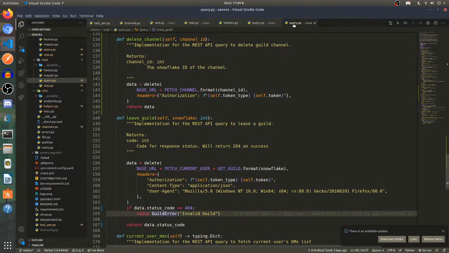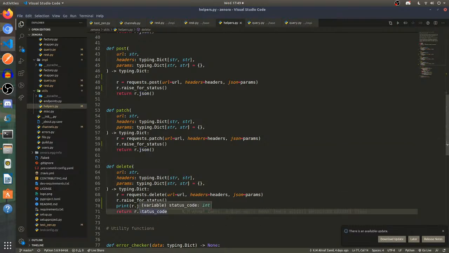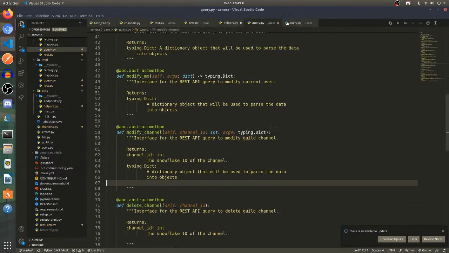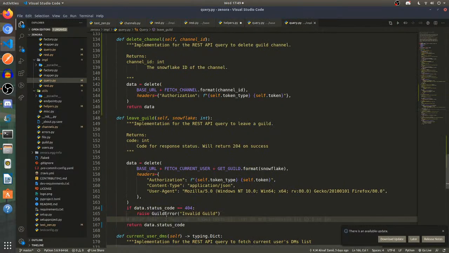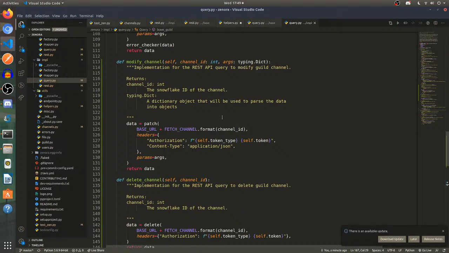What I can do over here is patch, return r.json, I guess. No, let's just do return r. Yes, we can do return r. The implementation will check the r.status code and return the r.status code.